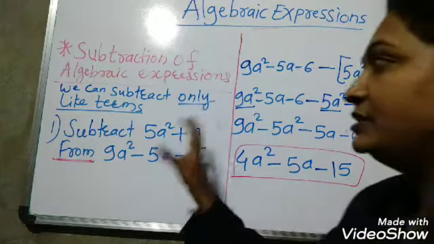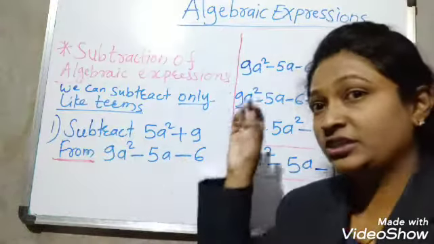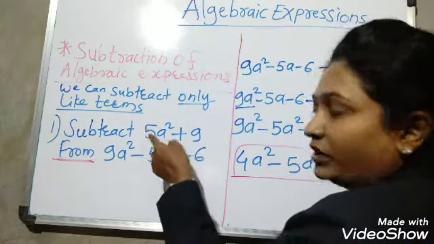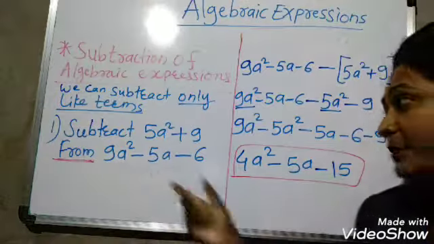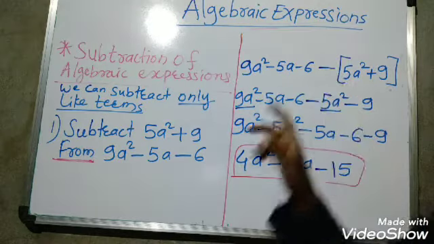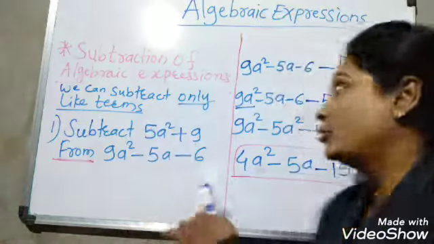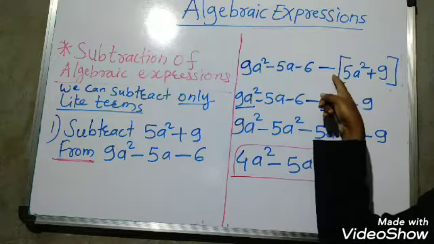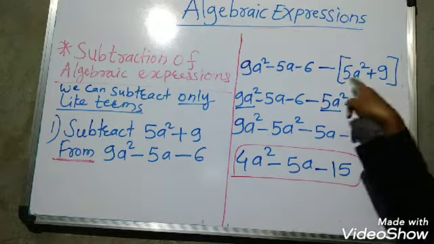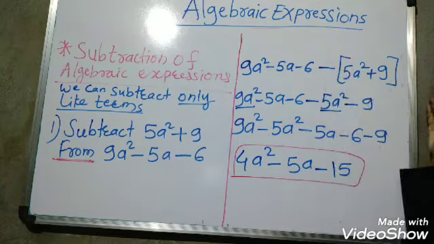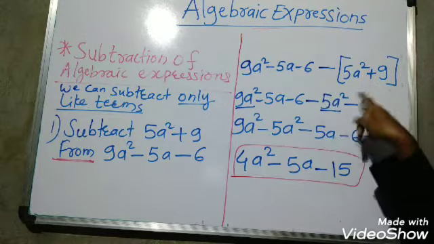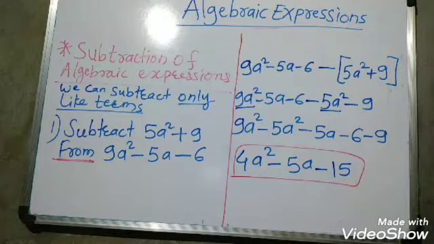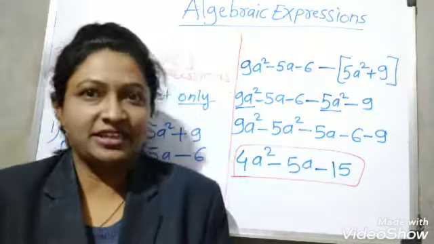So students, please remember always that whenever a subtraction question is there, please read it properly: from which expression what you have to subtract. From this you have to subtract this, so don't write the first one first. Otherwise your answer will be wrong. So first write down this, then subtract, and after subtraction whatever expression is there, write it in bracket, so it is easy for solving. Why? Because if a minus sign is outside the bracket, that is the integer rule, the inside signs will change, because this subtraction sign is for the whole expression. So plus will become minus, this also plus will become minus, then take like terms together and just subtract, and you will get your answer. Okay students, you understand, today we learned a very important topic, that is addition and subtraction of algebraic expressions.